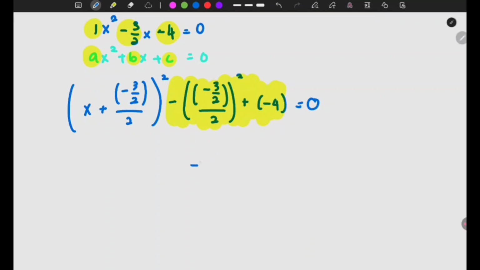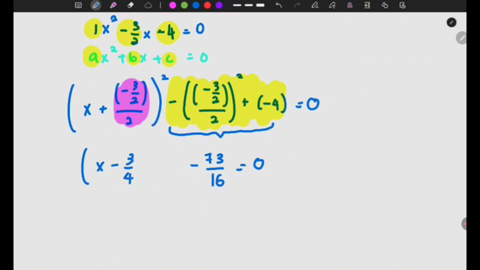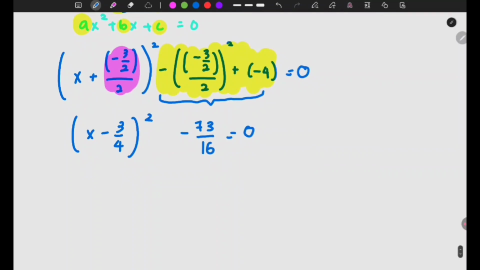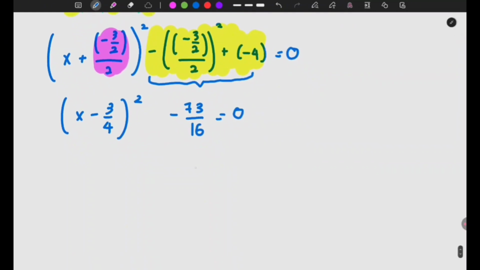And this thing also you can actually use the calculator. The numbers one you can actually use the calculator. So negative 3/2 divided by 2 actually is negative 3/4. And the negative 73/16, bring to the other side, shift to the other side, minus becomes plus. Then bring the square root, x minus 3/4, but you're not only bringing the square root, you also have to bring the plus minus, don't forget this thing,